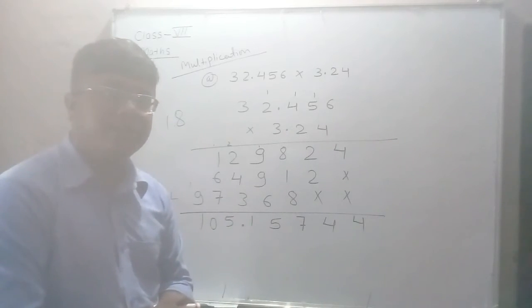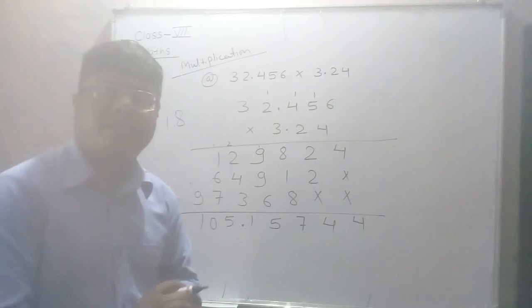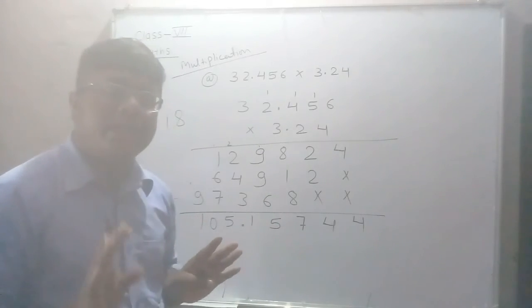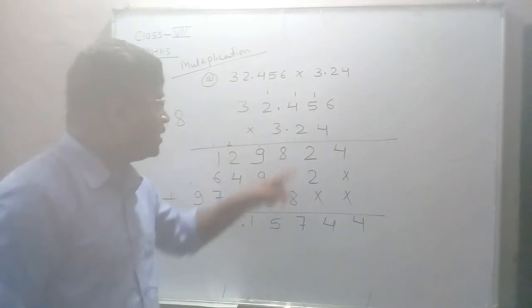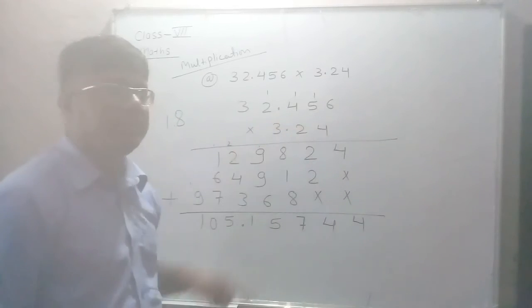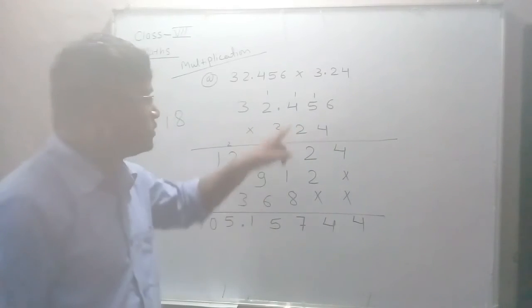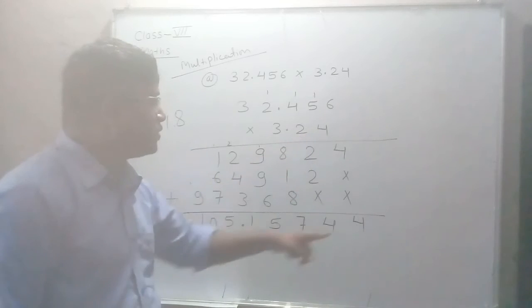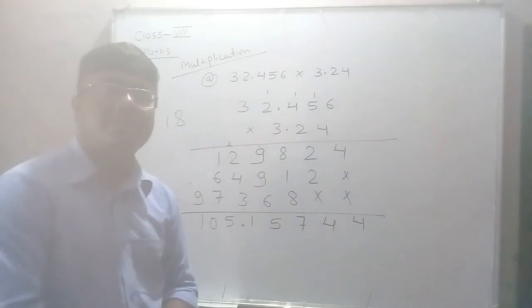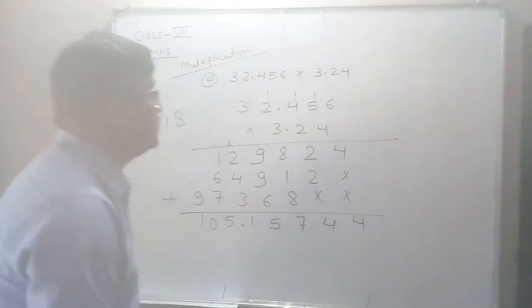I hope it is clear for you. Okay, just multiply. How do you multiply? In a similar manner you multiply. At last, while putting the decimal, you just count how many digits are there after the decimal. Okay, so there are 1, 2, 3, 4, 5. So after 5 digits, you put the decimal. Okay, you got the answer. Okay, so I hope multiplication is also clear.